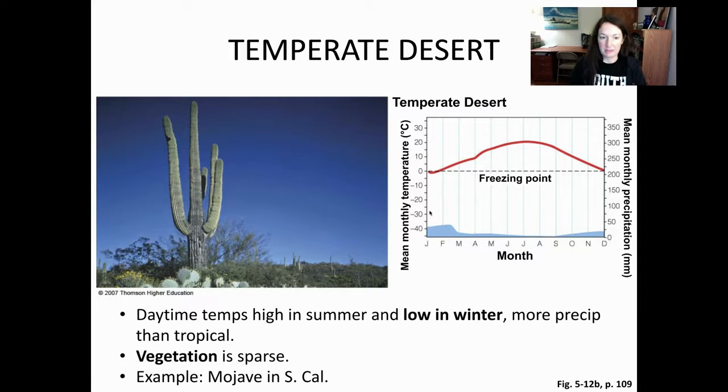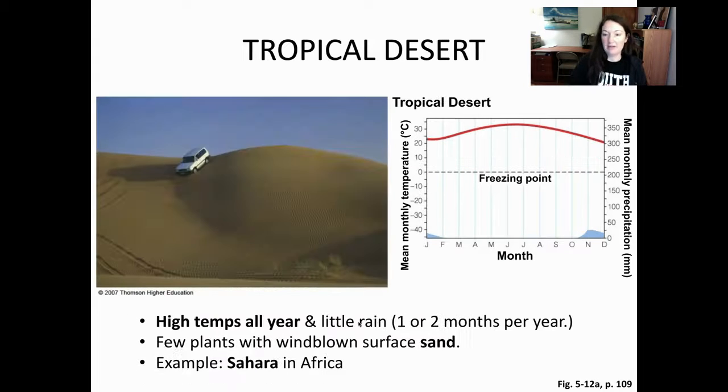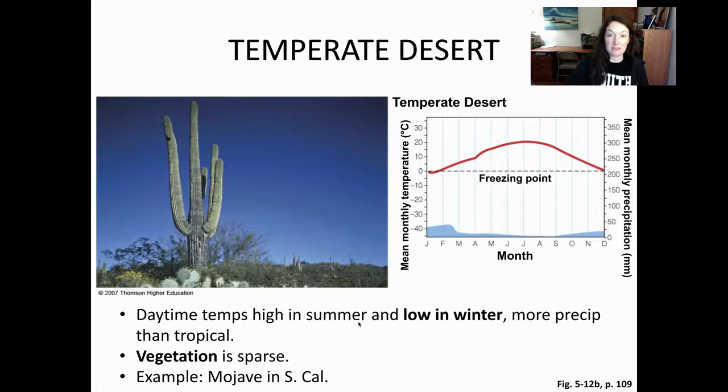and not terribly, terribly cold. Vegetation is sparse, but you do have a lot more vegetation here than you see in the tropical areas, simply because there's just so much heat that it takes a lot of the water away in the tropical desert. So Mojave Desert in California is a good example, and that one in particular is also affected by the mountains